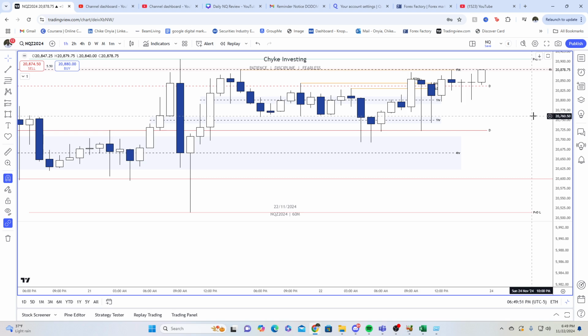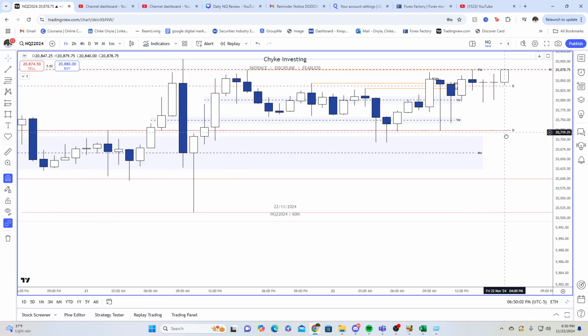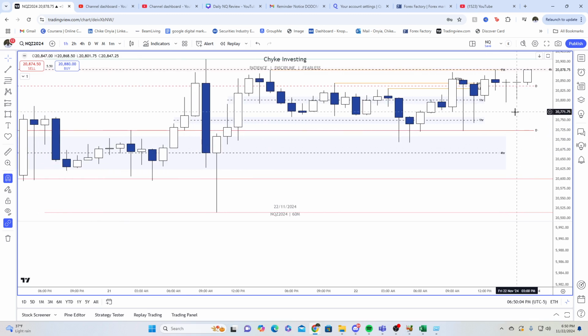But we need to understand what's happening on higher time frames to inform and make sense of what's going on in lower time frames. If you just go in lower time frames and you're just taking executions, you're going in blind, okay? Because price can just rip back on you. So you want to understand where your bias is, right? That's where your most profitable and long-term trades are going to be.